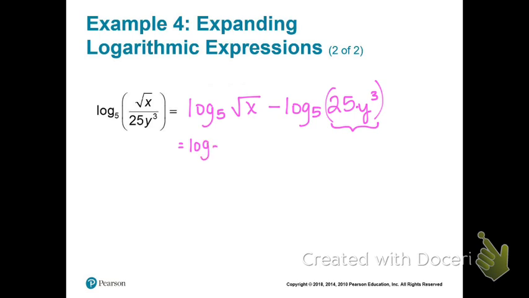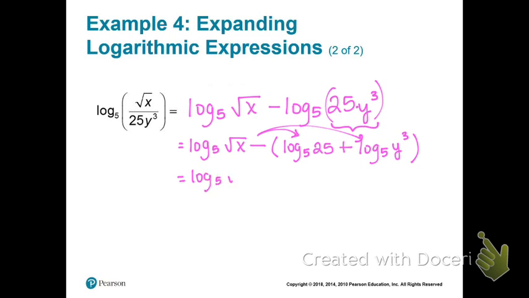So we got log base 5 square root of x minus, now I'm subtracting all of this, so I'm going to put it in parentheses. Log base 5 of 25 plus, because of the multiplication, log base 5 of y cubed. I'm going to go ahead and distribute that minus sign so I don't have to worry about the parentheses. So I got my log base 5 square root of x minus log base 5 of 25 minus log base 5